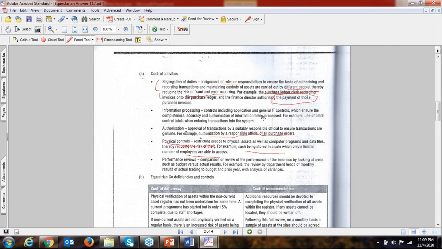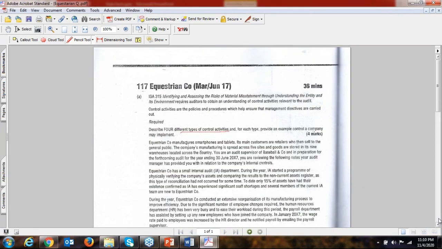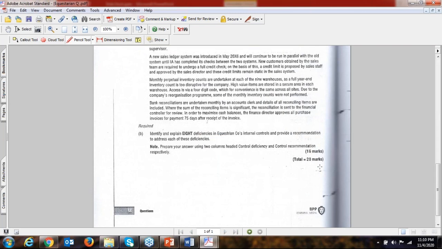Now we are going to discuss the B part of this question. It is a 20 marks question in total. So I think you should gain a maximum of 15 to 16 marks in this question. It is a very easy question. There is no difficulty, and no technicality in the question which will confuse or pressurize you. This is just about a little bit of creativity you need to show in the exam.